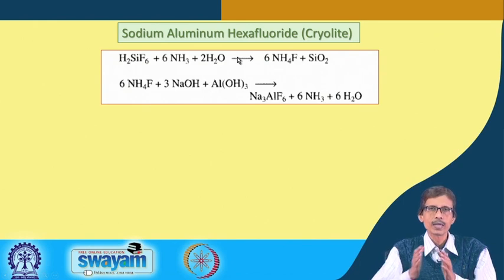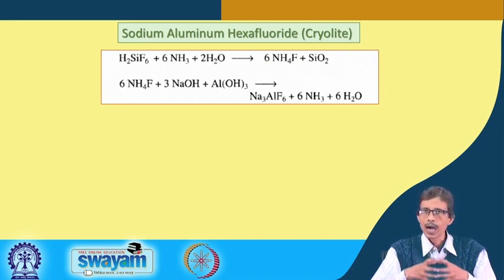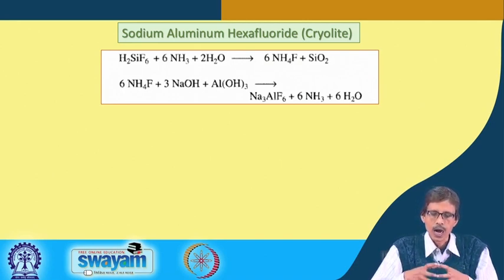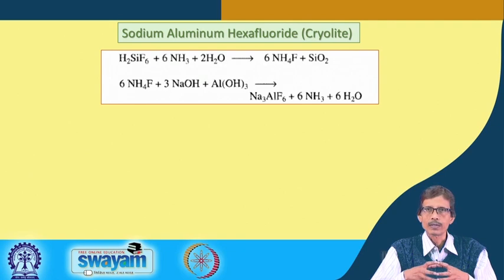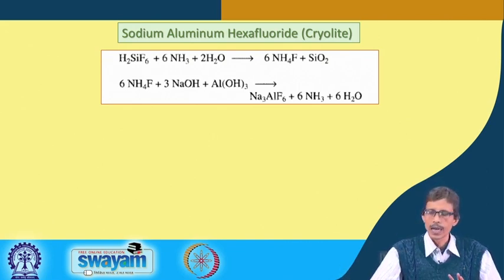So, that can be a very good question for you also when you study this particular course. You should always remember that if somebody asks you how will you get cryolite from aluminum hydroxide, what other thing you require? You require the hexafluorosilicic acid. Or how silicic acid or hexafluorosilicic acid is useful for making cryolite in the laboratory or in the industry or in a large scale production.